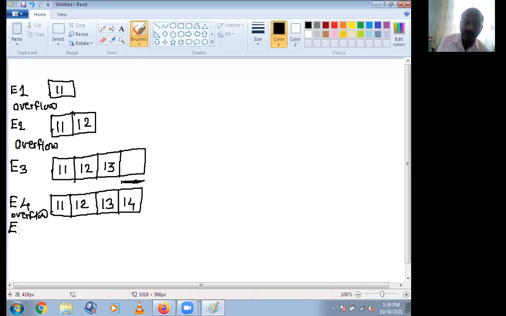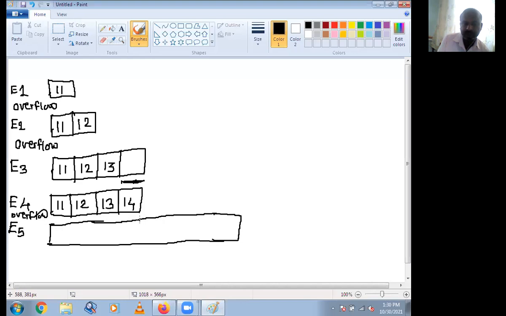So whenever I want to enter the fifth element, I will take double the space of the previous. The previous space is 4, now I require 8 spaces. And copy the previous elements as they are: 11, 12, 13, 14, and now I am going to insert the fifth element 15.